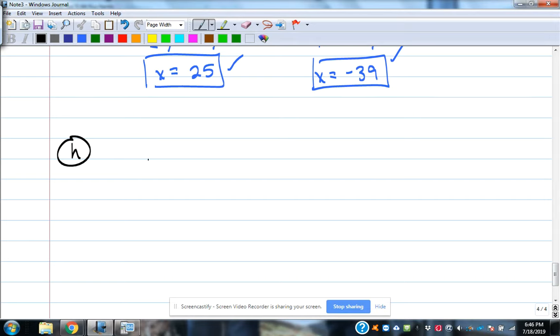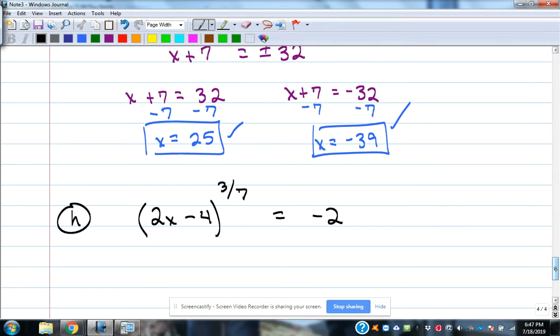Say we had (2x minus 4) to the 3/7 power, and that's equal to negative 2. All right, so we have an expression that's got a rational exponent on it, and it's equal to negative 2,